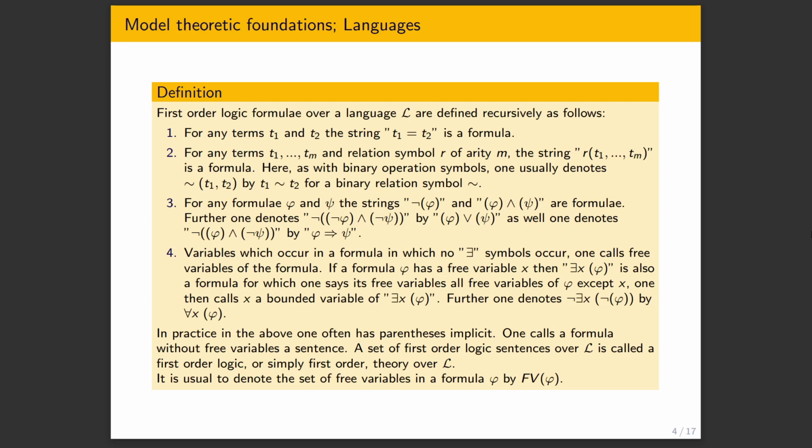And now the sentence can be thought of as a statement, and it's going to be more formalized now with so-called structures that we can interpret these things. And free variables, the set of all free variables of formula usually denoted fv of phi, for phi the formula. And also one important point, a set whose elements are sentences over some language is called a theory over that language, an axiomatic system over that language. So this is going to allow us to formalize things like Peano arithmetic, that's an axiomatic theory. What that precisely is going to mean is that it's a set of sentences. So this kind of formalize it in model theory and set theory.